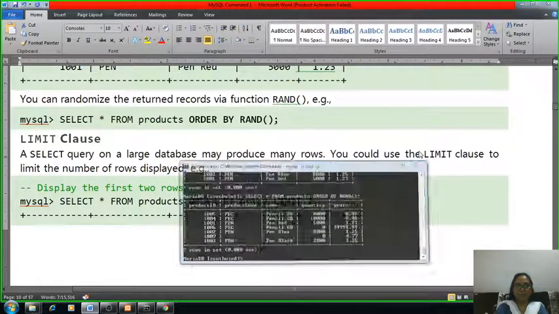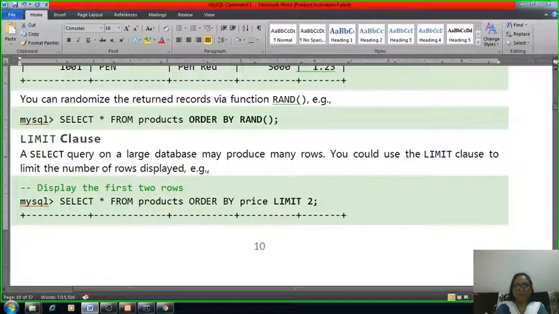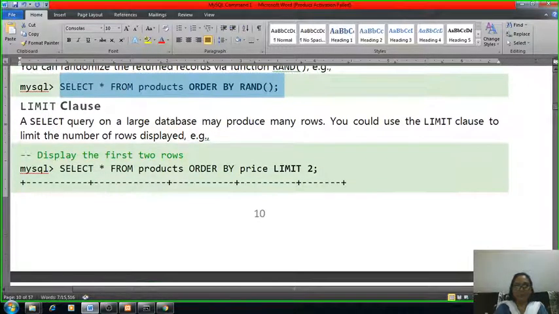Next is the LIMIT clause. Many times your data set, data records or tuples are huge, and we cannot see all the records at a time. At that time we have to set limits, meaning a limited amount of data is displayed on your screen.